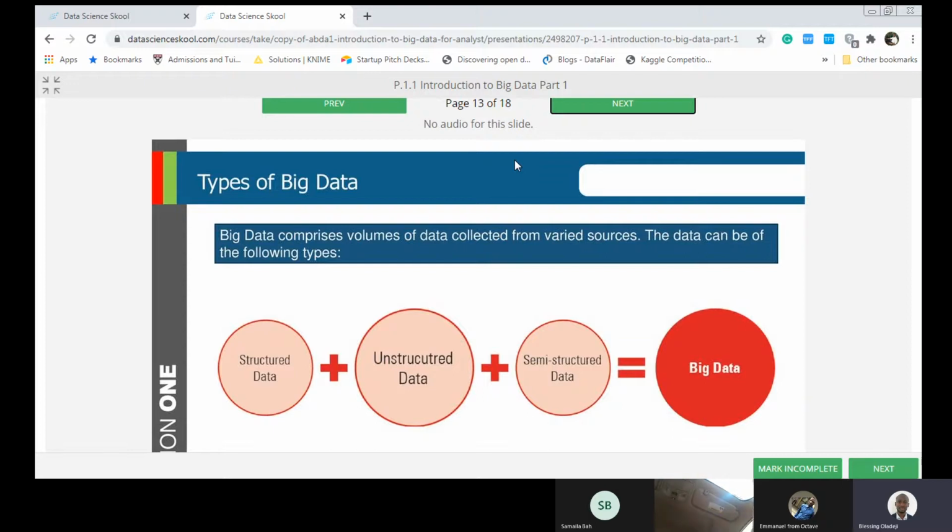But when you start dealing with the kind of data that is stored on Facebook, for instance, or your email, or on Instagram, or on a place like Nairaland or Linda Ikeji, because on Linda Ikeji there is also data that can be analyzed. If you need to work with those types of data, they are not structured data. How do you collect them? How do you manage them? That is another kind of data.